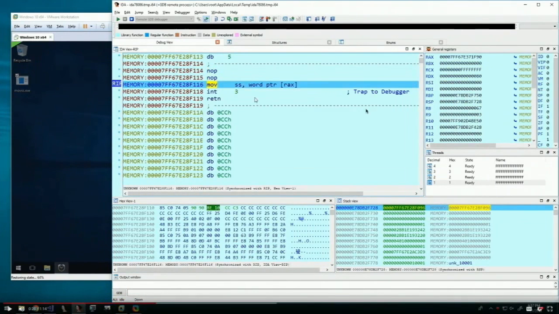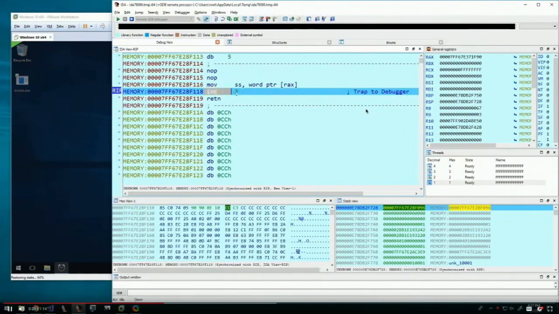So the mov SS is going to dereference RAX. RAX contains a hardware breakpoint primed upon it. Now, if this wasn't mov SS or pop SS, it would actually cause an int1 to happen as soon as that instruction completed, but it doesn't because of the behavior of mov SS. It suppresses that for one instruction. That means that it happens upon entry of int3. And now we execute int3.